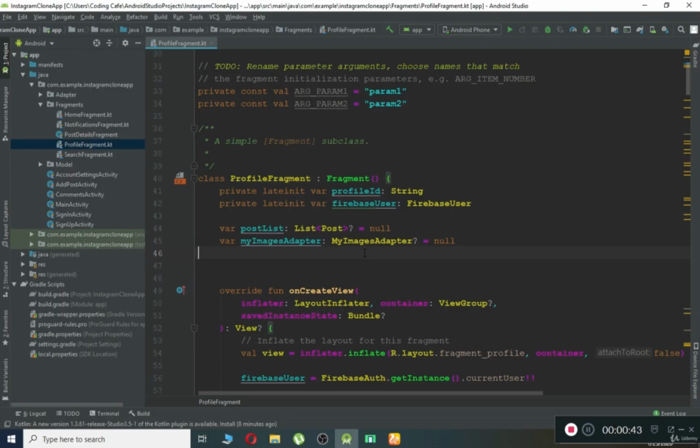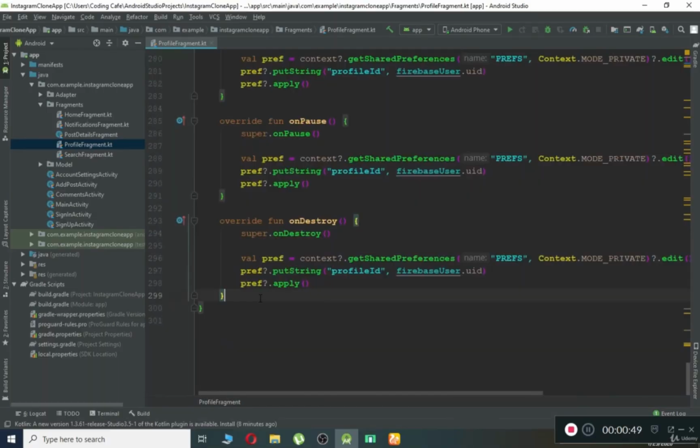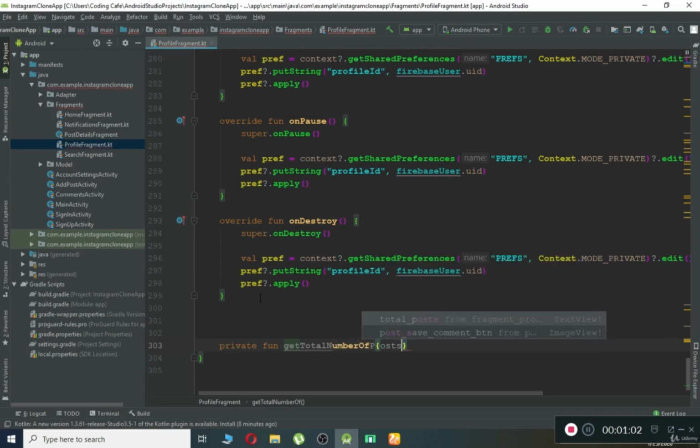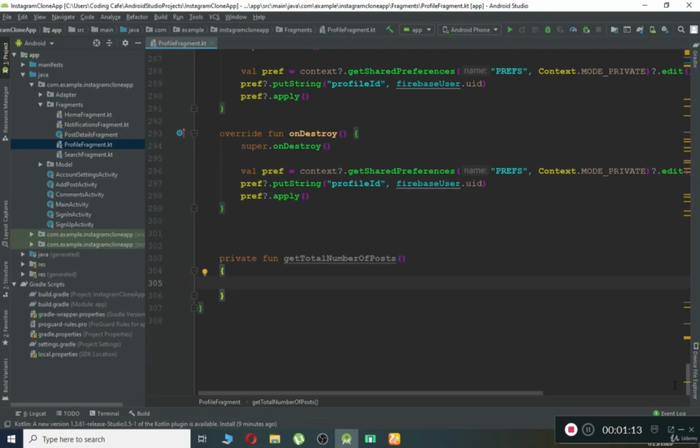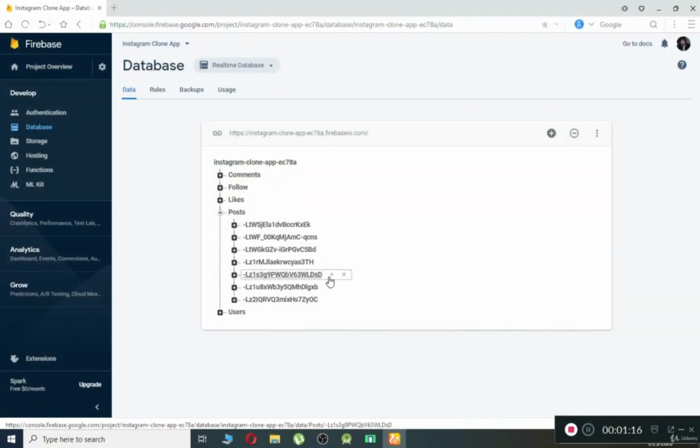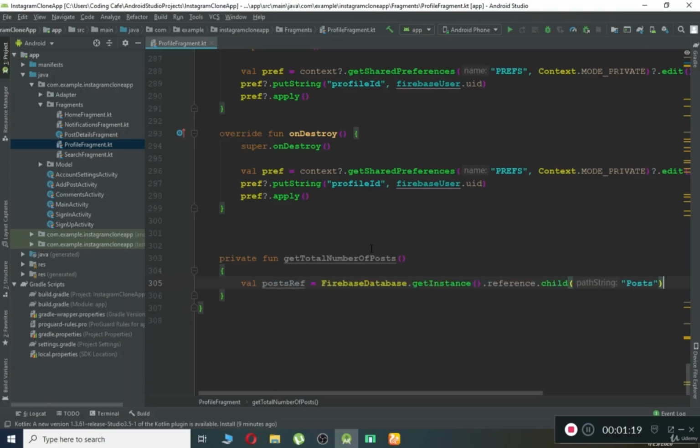So first of all, in order to display the total number of posts, you have to go to the profile fragment, and here let's just go to the bottom. Let's create a separate function. We can give it the name private fun, and let's give it the name getTotalNumberOfPosts. Okay, get total number of posts. This is our function. Now in here, first of all, let's create a reference to our post node, which contains all our posts. So we can just create a variable by the name postReference,